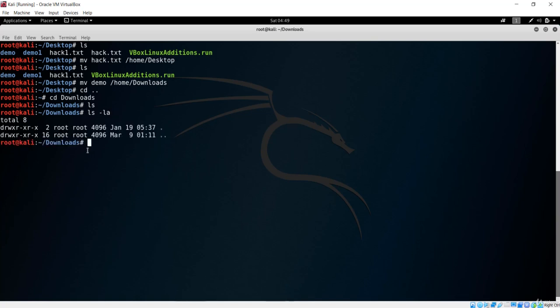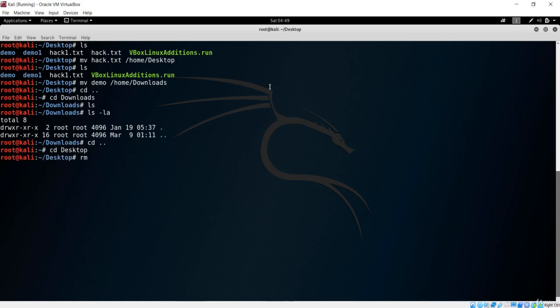Okay, we haven't moved, so basically there was an error over here. So let me first delete this, that is using the rm command, and in order to delete the file, let me just go real quick over here, that is with the desktop part. We'll see what has happened over there.